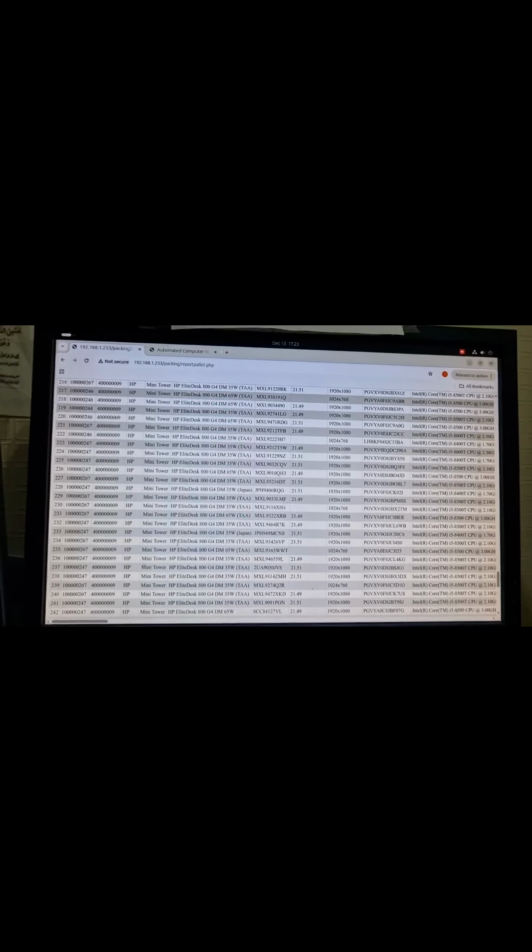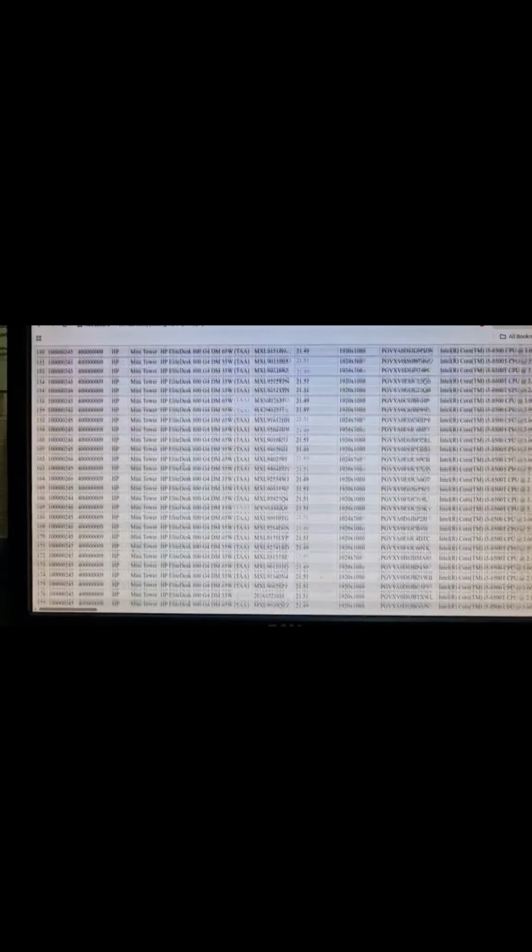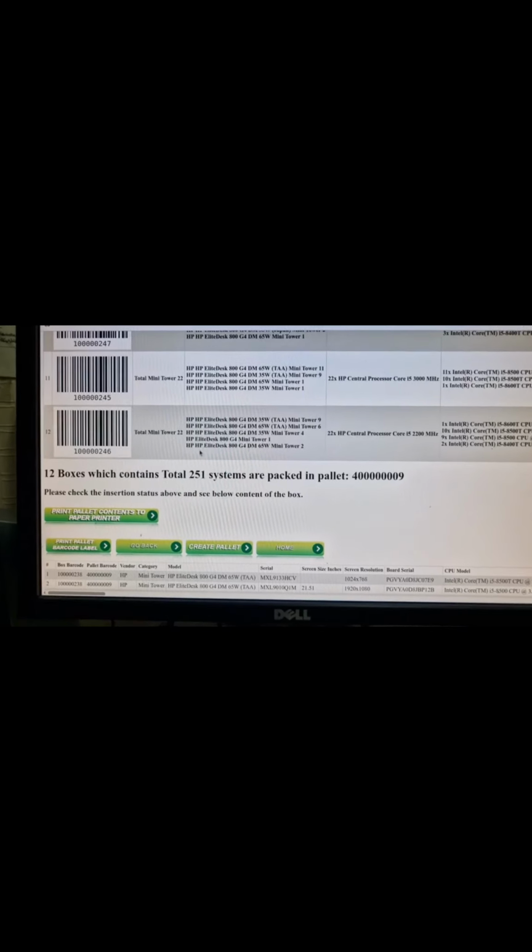You got these raw systems coming into your warehouse. They don't have any operating system. So we did inventory, we printed barcode labels. That was fully automated. And from there we created boxes, and we printed the box barcode labels. And we have a full report for each box, what exactly each box contains. And then we have created pallets. We can sell boxes, we can sell pallets, we can sell individual items. We can take stock back if the stock comes back for some reason. This is a complete warehouse management system